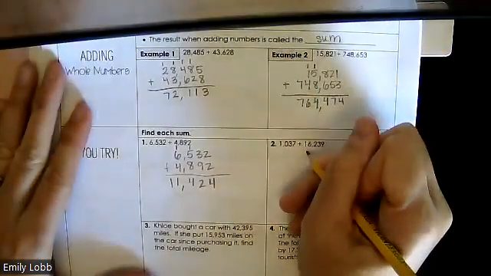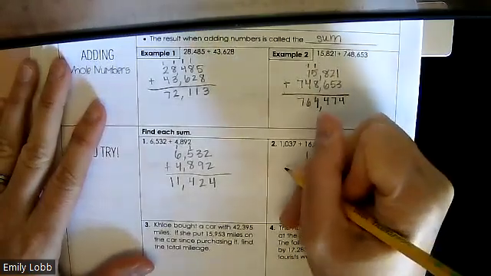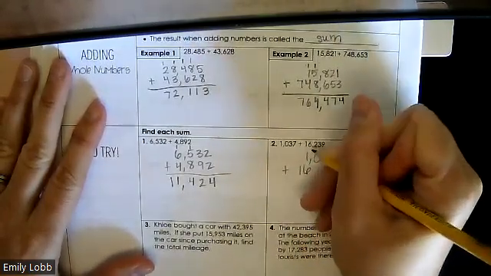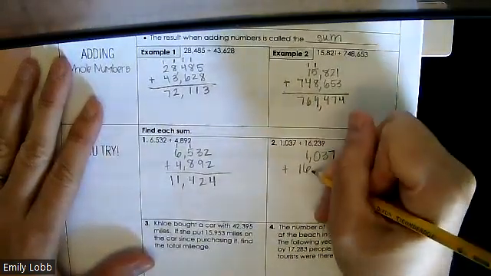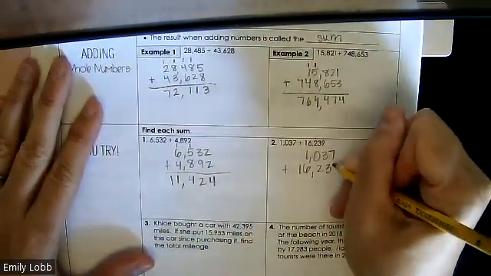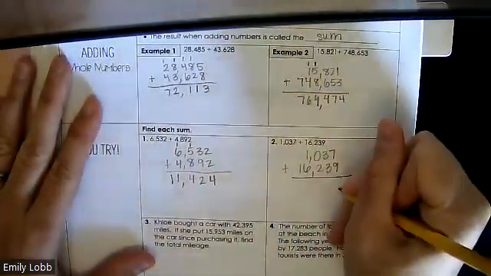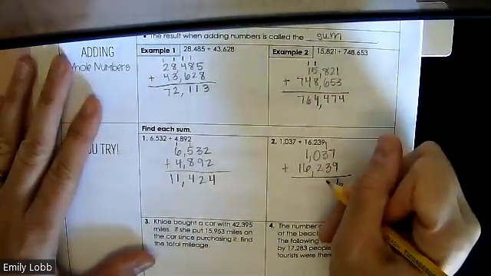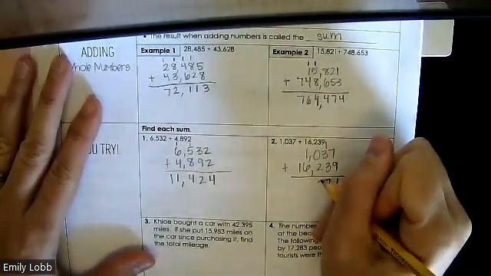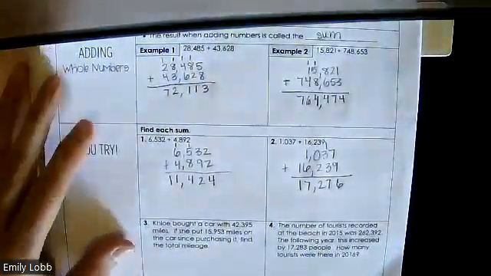All right, here, this one was a little trickier, so be very careful with this one, because when I rewrite it, I have to make sure my 6 is in line with my 1, not my 1s. And then 239. 7 and 9 makes 16. 3 and 3 is 6, plus 1 is 7. Bring down your 2. This is 7 and 1. Hopefully you got